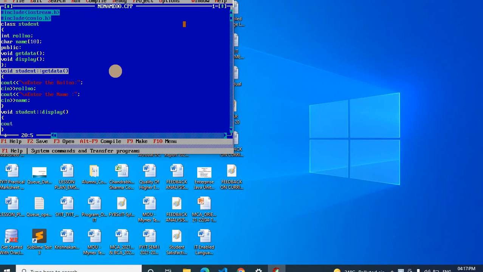So cout, name of the student, name, we'll write a \n for the new line, cout, roll number of the student, okay, so roll number.